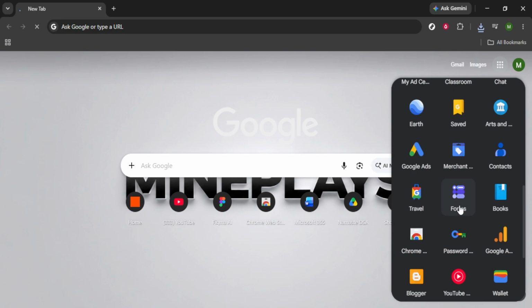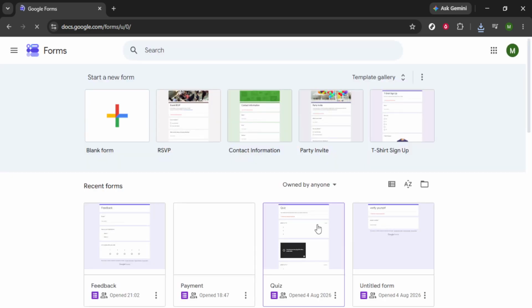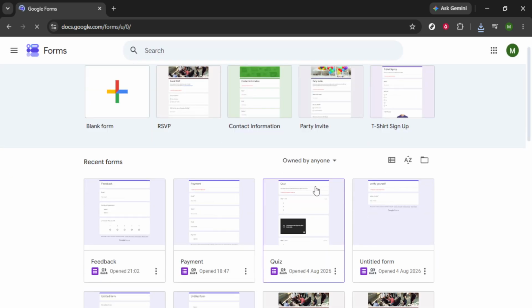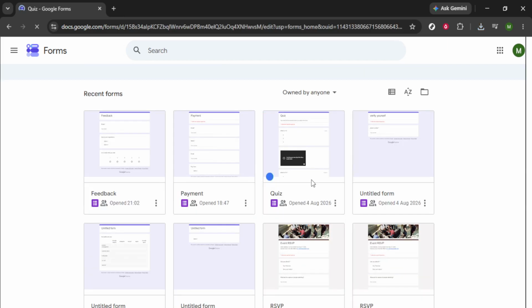After signing in, you'll land on your Google Forms dashboard. This is your home base for creating and managing forms. Look for the section labeled Recent Forms. This is where you can find the specific form you want to release quiz scores for. Click on that form, and it will open up in edit mode, giving you full control over its settings and